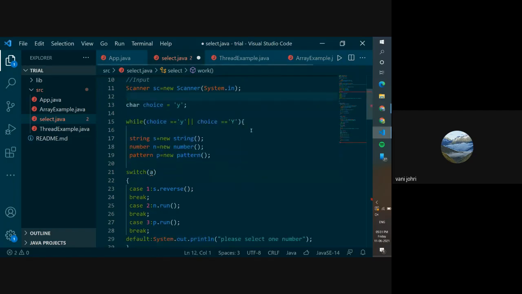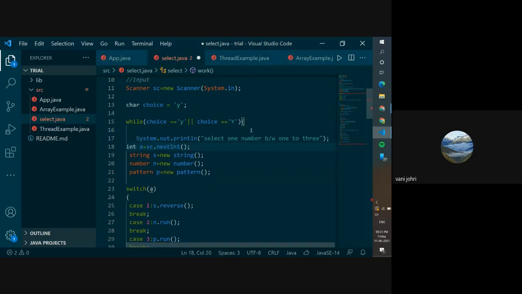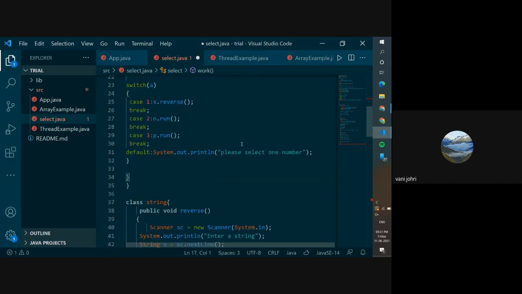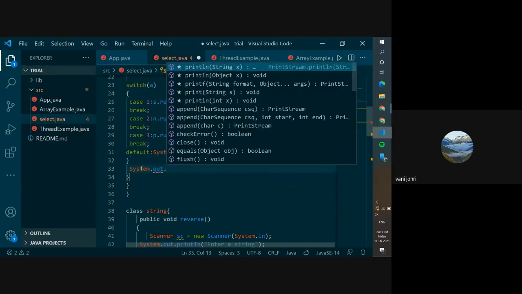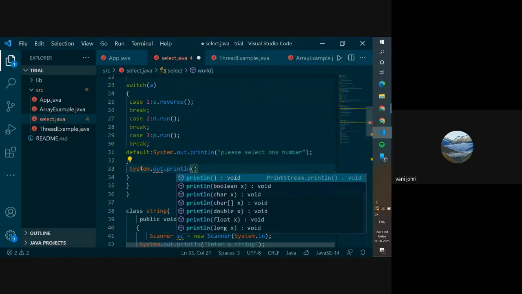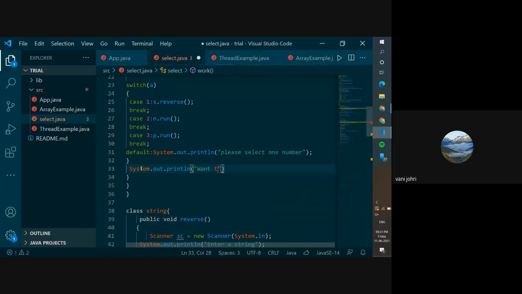Let me do it once and then I'll explain it to you. And over here we're going to do a system dot out dot println and say want to go again, choose y slash n,